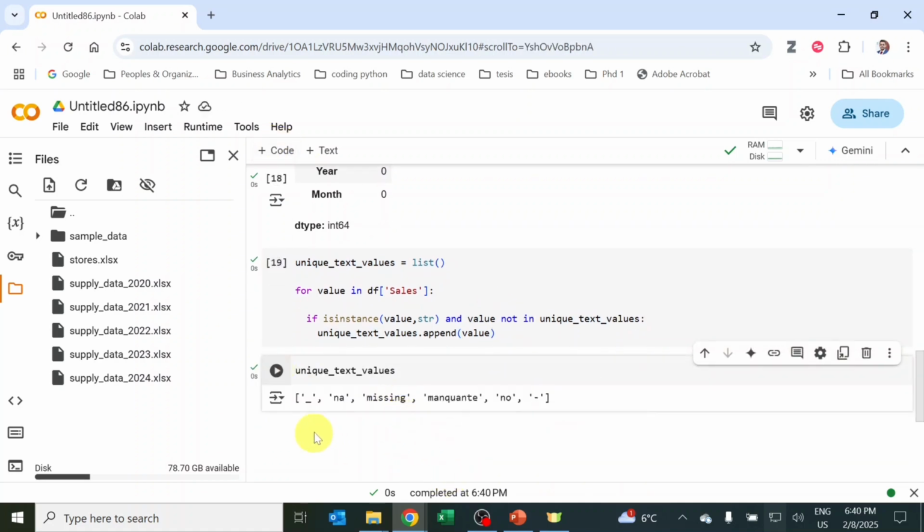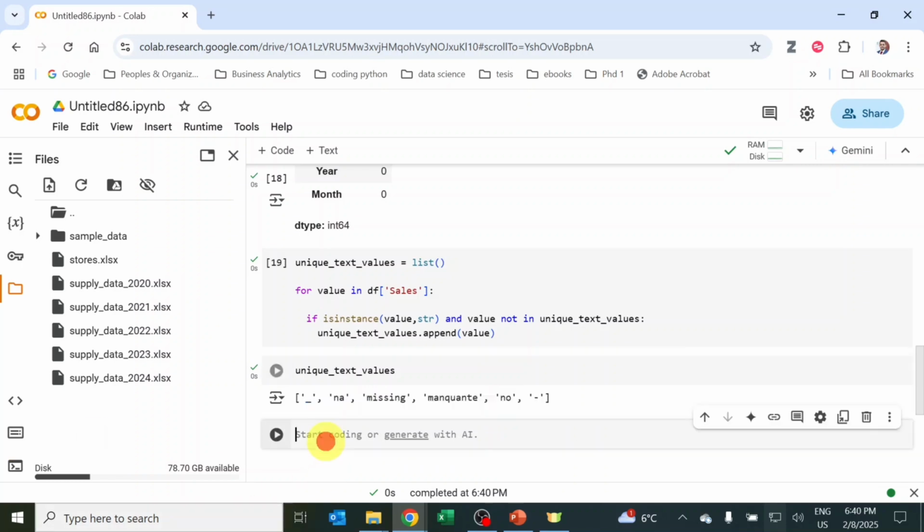It turns out that people were calling a missing value in many different ways. Sometimes they put an underscore, sometimes NA, sometimes missing, sometimes mancount, which is French, sometimes they just typed no, or a dash. So we have multiple ways in which people are calling a missing value. Now we need to deal with this. This is pretty straightforward because we can replace all of these with just an empty or missing value. So we say my column sales